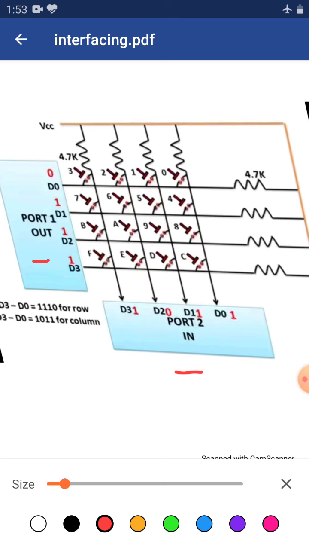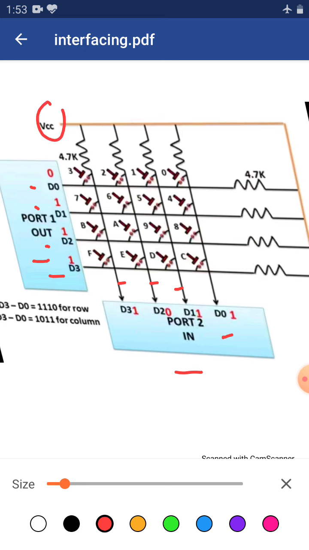Again you can see these are the rows 1, 2, 3, 4, defined as D0, D1, D2, D3, and then the columns are defined here as D0, D1, D2, D3. So you can see 4 rows and 4 columns. These are connected with the VCC.